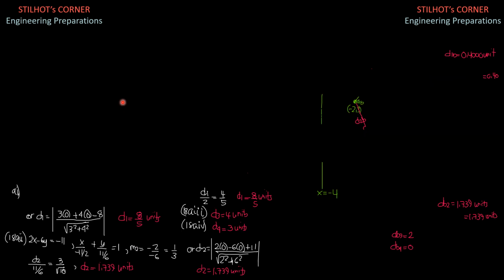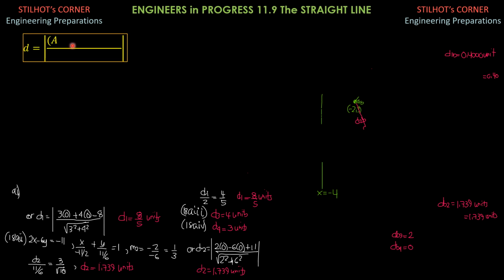So for point-to-line distance, because distance is understood positive, distance is the absolute value of ax1 plus by1 plus c over the square root of a squared plus b squared. No more signs. For parallel lines, because parallel lines have the same first two terms, we can make the first two terms of the equations of parallel lines the same,